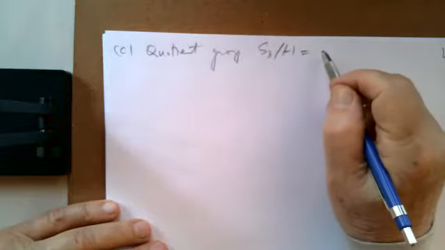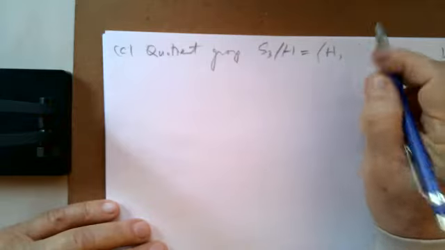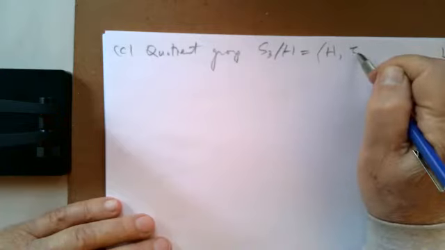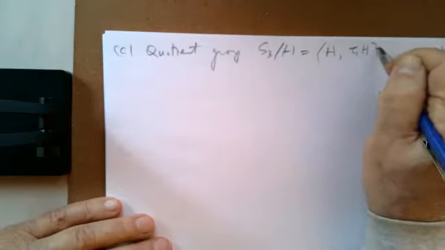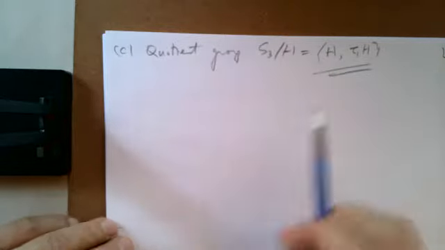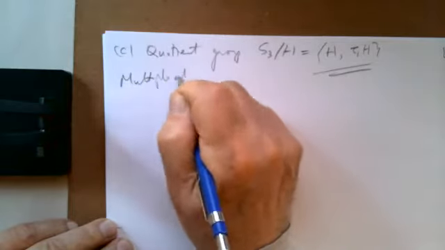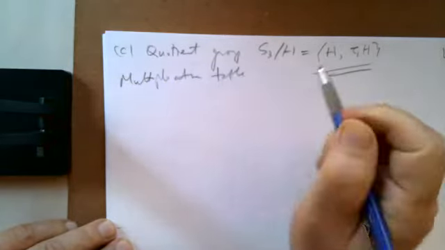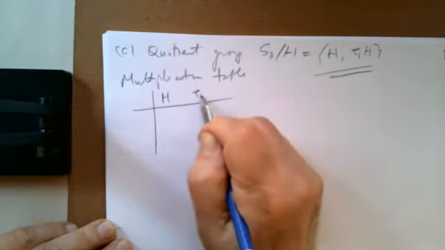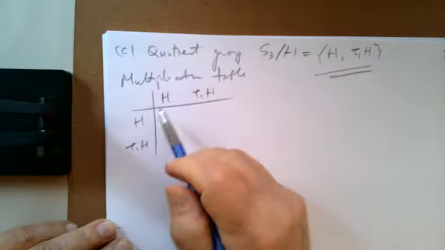This is a set that consists of 2 elements. One element is H, that's the subgroup, and the other is any left coset, for example, tau 1H. That is the quotient group, right? And the multiplication table is the following. We have H, tau 1H, H, tau 1H. You multiply them,